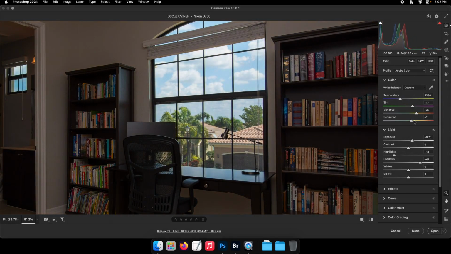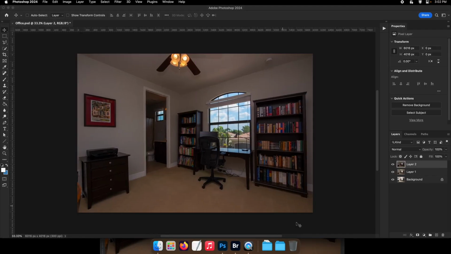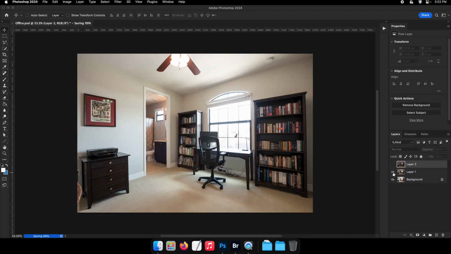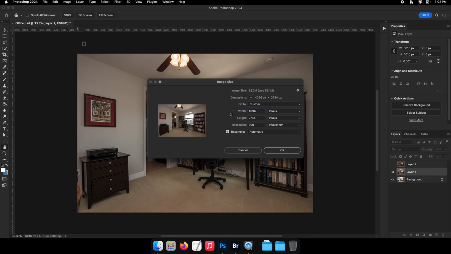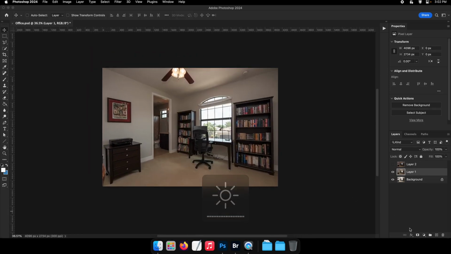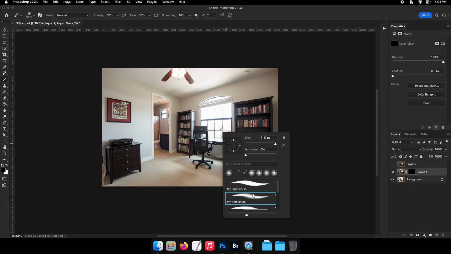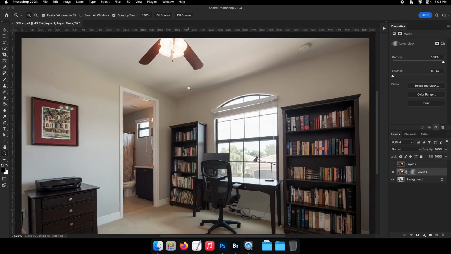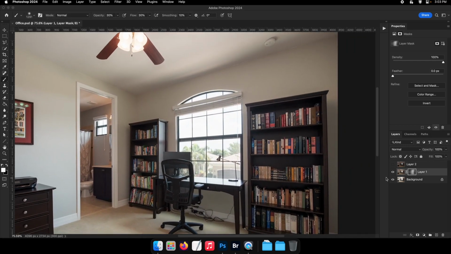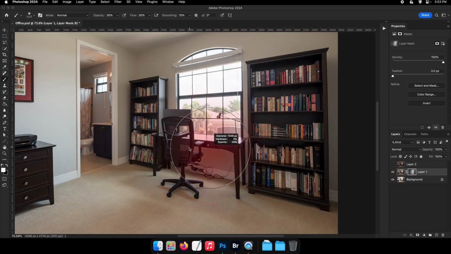Try and cool it down. Don't want to add too much saturation, otherwise we'll get that crappy HDR look. Definitely want to avoid that. But for now, I'm just going to resize this down to about 4K so it's a little bit easier to work on. And I might come back into Adobe Bridge and grab another image to use, but for right now this is decent. So right now I just added a mask, and I'm just painting this area in